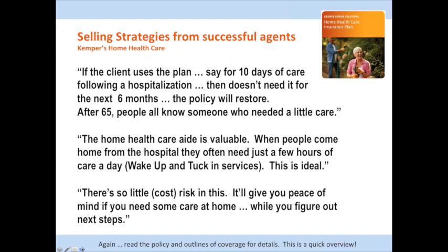The home health care aid is valuable. When people come home from the hospital, they often need just a few hours of care. This is the term I like to use when I'm talking to consumers because they understand it. I call it wake up and tuck in services, which basically means somebody comes to the house for an hour or two in the morning to get you up and out of bed and functioning and going and get some of the food out, make sure you've taken your medications, and then they need the reverse at night to get